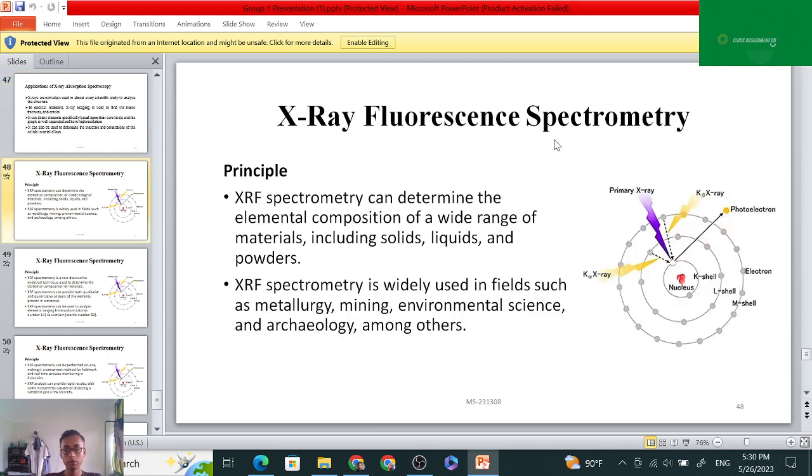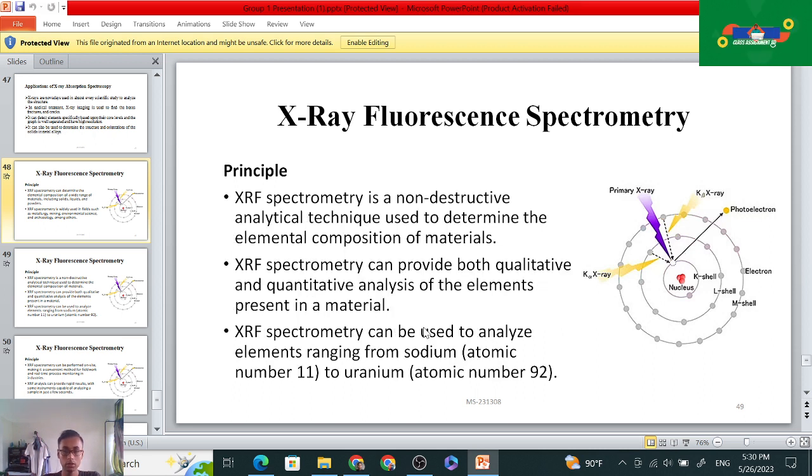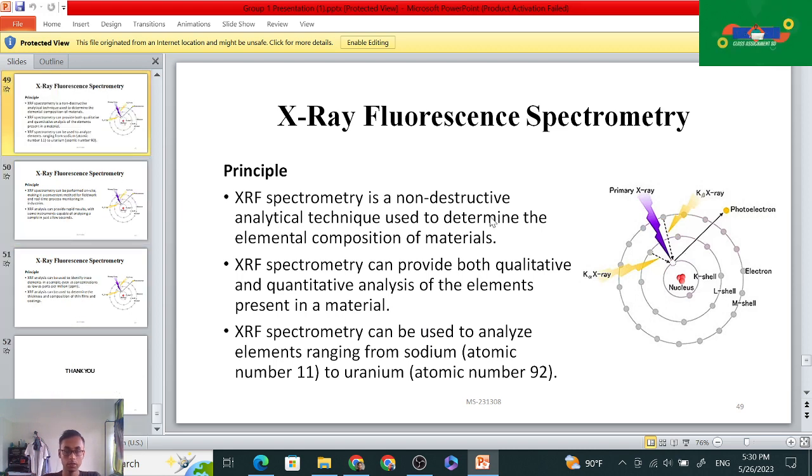Then X-ray fluorescence spectrometry principle. XRF spectrometry can determine the elemental composition of a wide range of materials including solids, liquids, and powders, and XRF spectrometry is widely used in fields such as metallurgy, mining, environmental science, archaeology, among others. XRF spectrometry is a non-destructive analytical technique used to determine the elemental composition of a material, and it can provide both